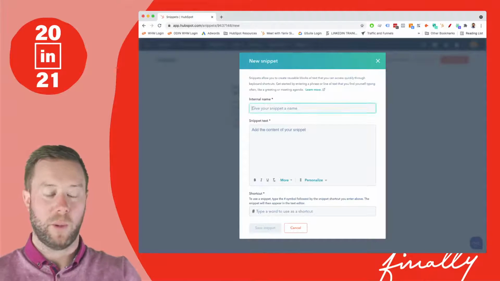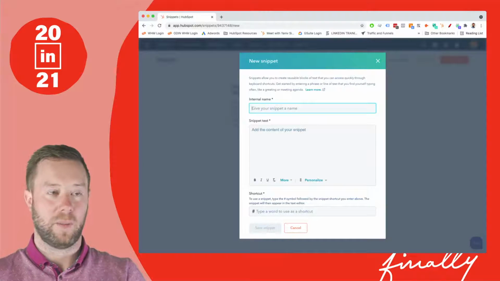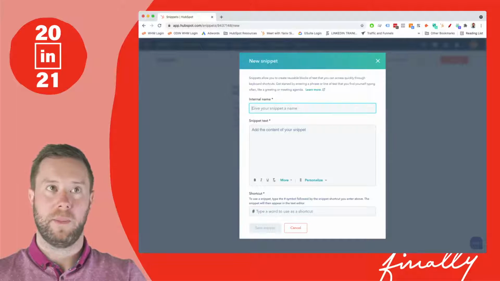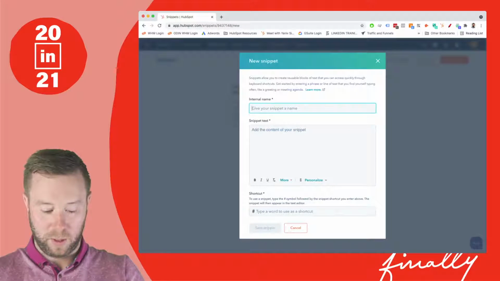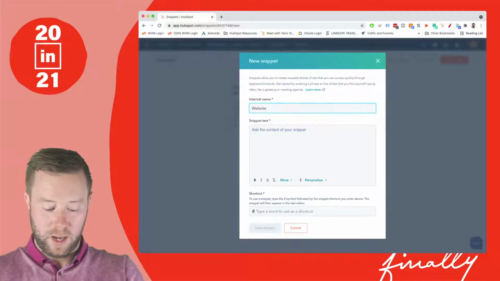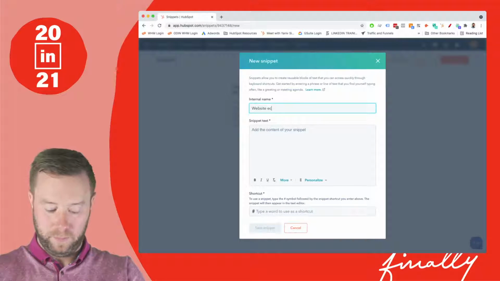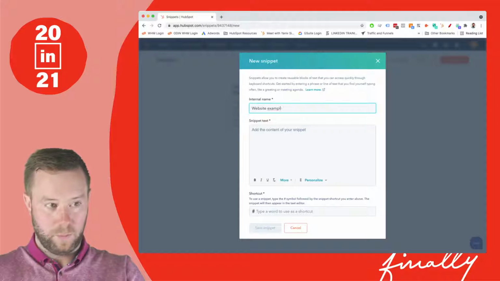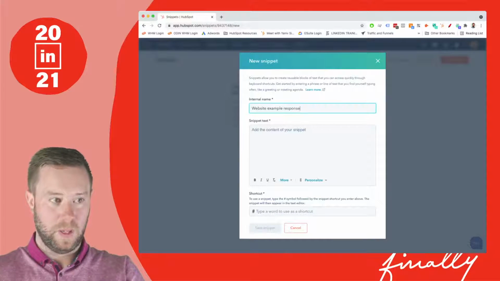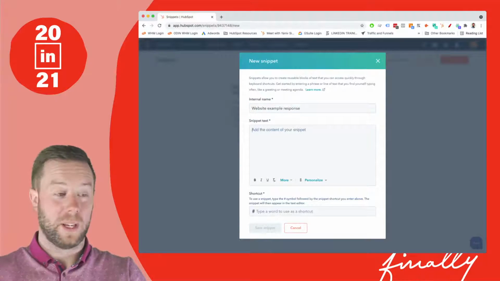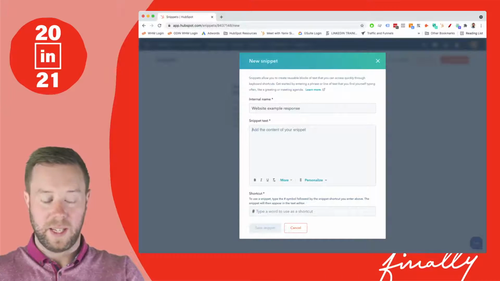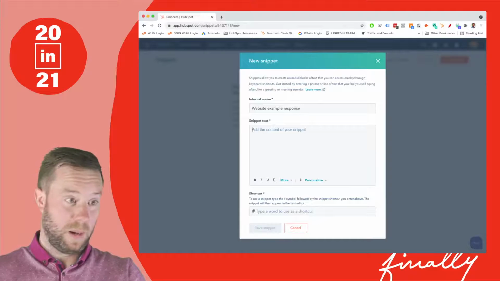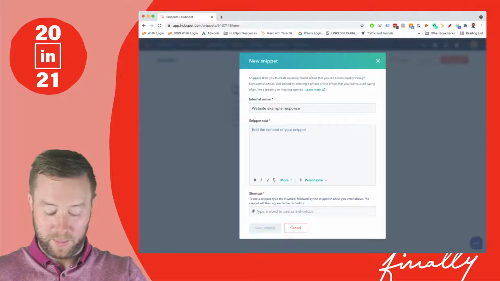So for example, let's do something where I'm often asked, okay, tell me about the websites that you've built in the past. So we're going to call this website example response. Then we just put in the text that we're going to use. Effectively, I'm often asked about websites, and I would say something along the lines of